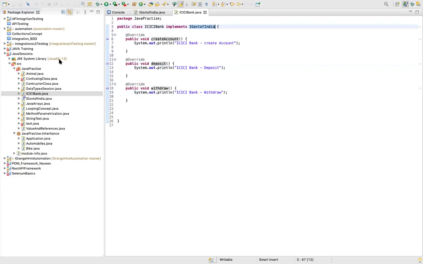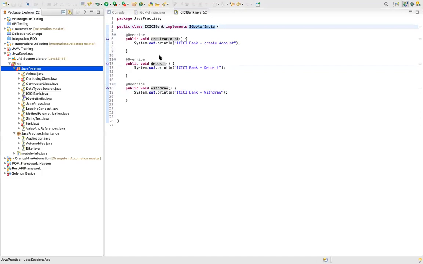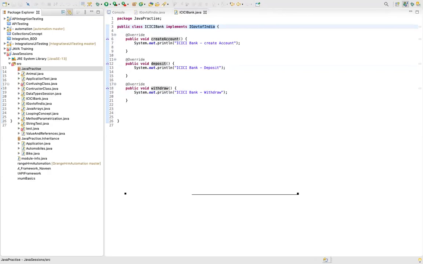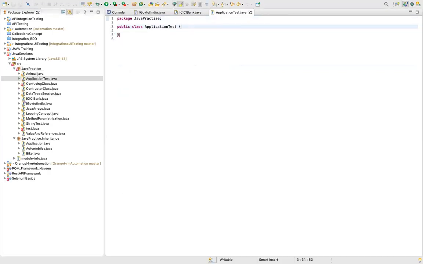Now when there is an actual application, we have an application. So you can say application test. Let's say this is your application, so I'll have main. There are also a couple of things which I should have actually added while creating the interface, but I will cover that slowly. So let's say now, in a similar fashion to how we can create an object of a class, can we create an object of an interface?